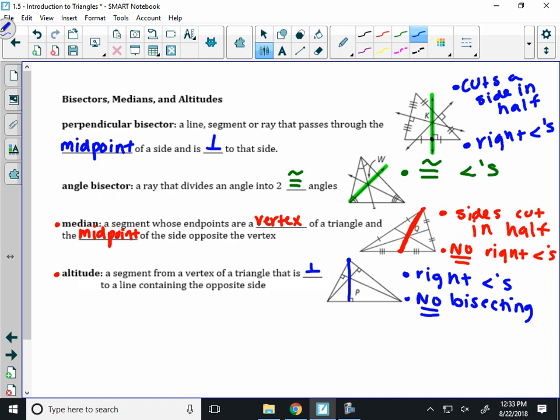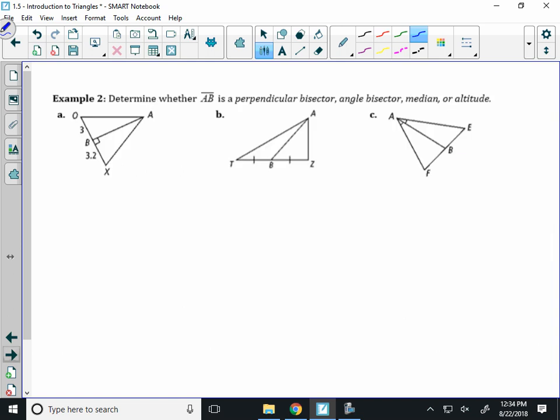Big thing for me, just remember medians are cutting the sides in half, altitudes are creating right angles. Those are the big things to remember. Questions over that? Okay. So if we take a look, did everyone get this down? Good. If we take a look here,